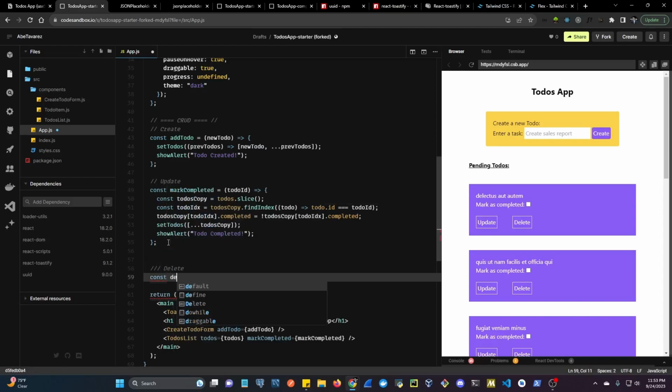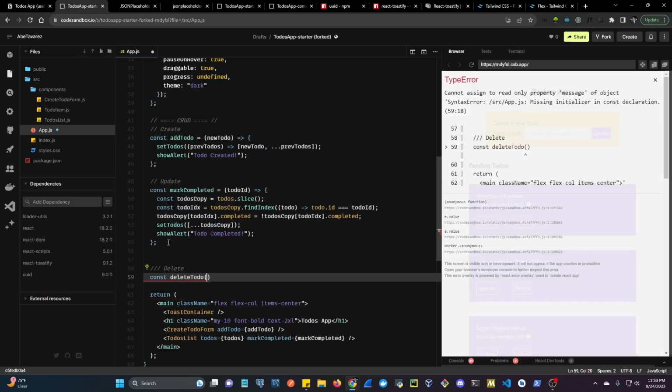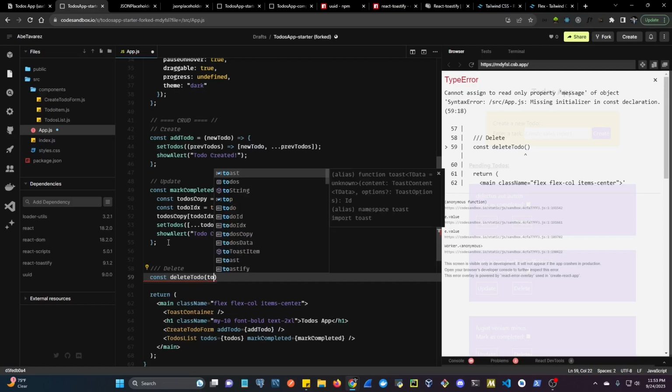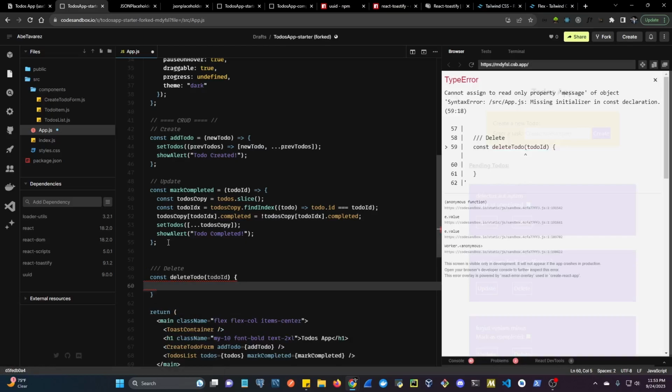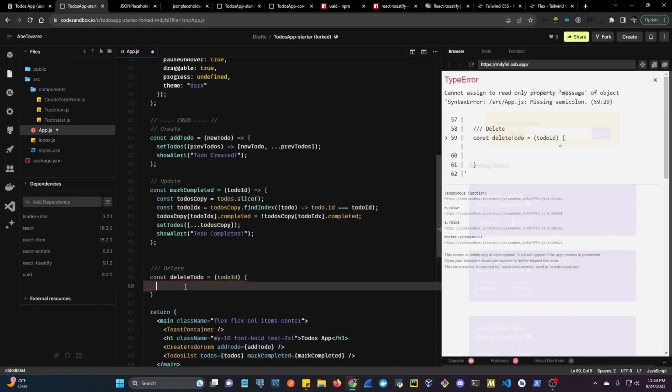Let's call it deleteTodo. For the deleteTodo, we're deleting the to-do again by the ID. So we're going to receive a to-do ID here inside of our function. And I'm missing an equal sign here. So in here, what we need to do,